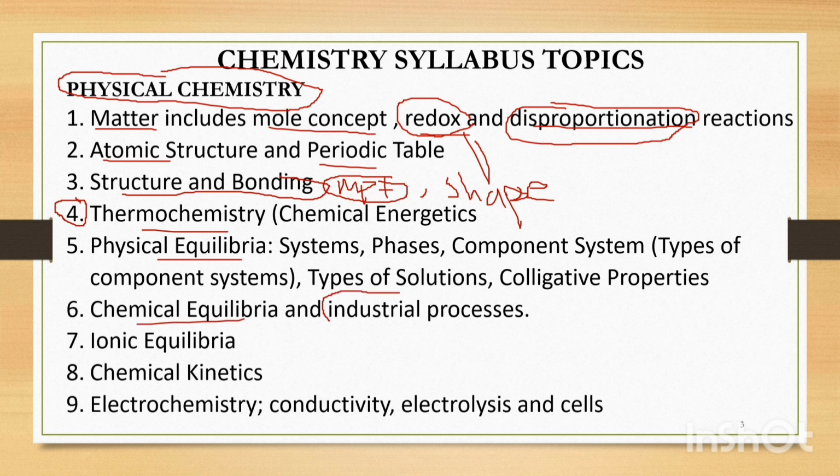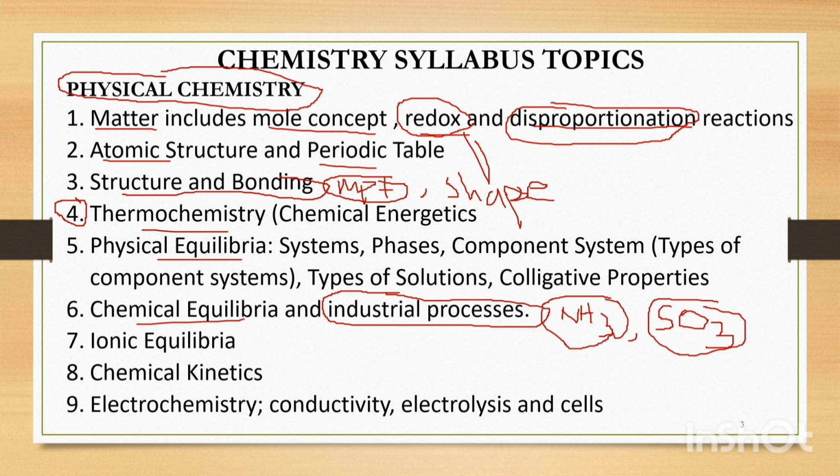Industrial processes, I want to put special caution on them, like ammonia, the conditions under which you can obtain ammonia on a large scale. Then the conditions under which you can obtain sulfur trioxide. These are reversible reactions which are revisited under chemical equilibrium. And you are asked to write equations for the preparation of sulfur trioxide and